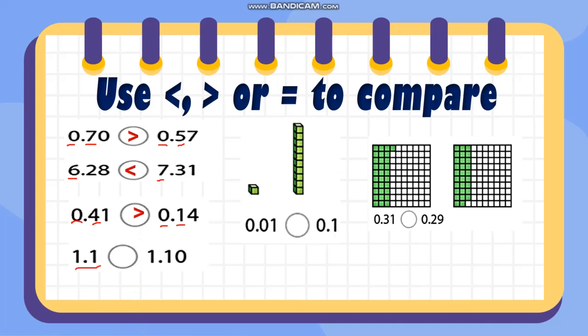1.1 and 1.10. So 1.1, 1.1. Then you have 0 here, no number there. No number means that is also equivalent to 0. So the answer is equal. Next,